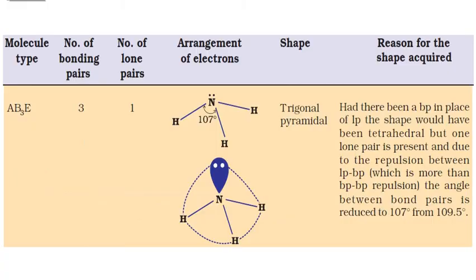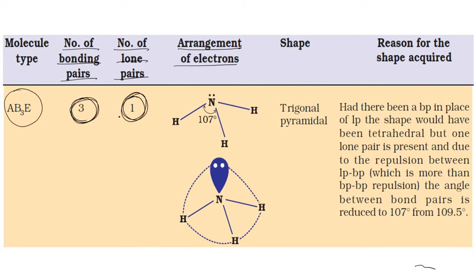Now let us have another example. So molecule type, you can see here it is AB3E. Number of bonding pairs we are having 3, and number of lone pairs, that is 1. And when we speak of arrangement of electrons, we have to include these bond pairs as well as lone pairs, right? And the best example for AB3E type of molecule, we are having ammonia molecule, that is NH3 with